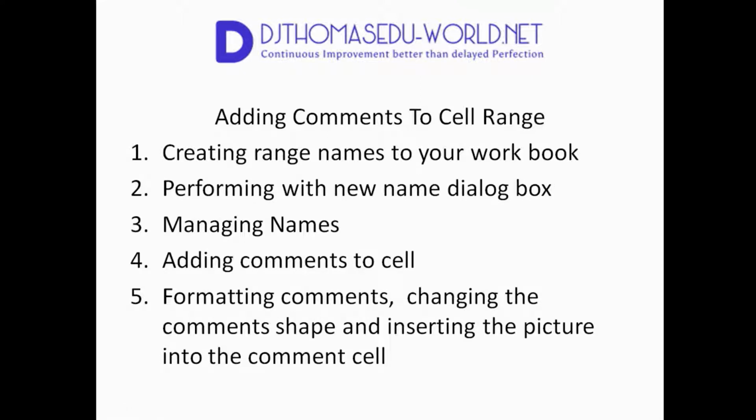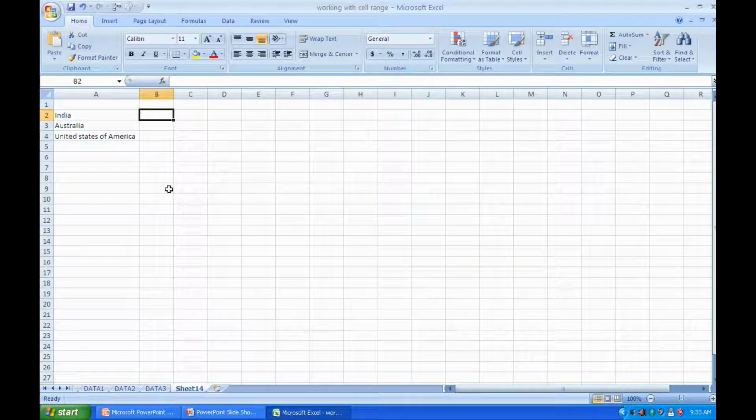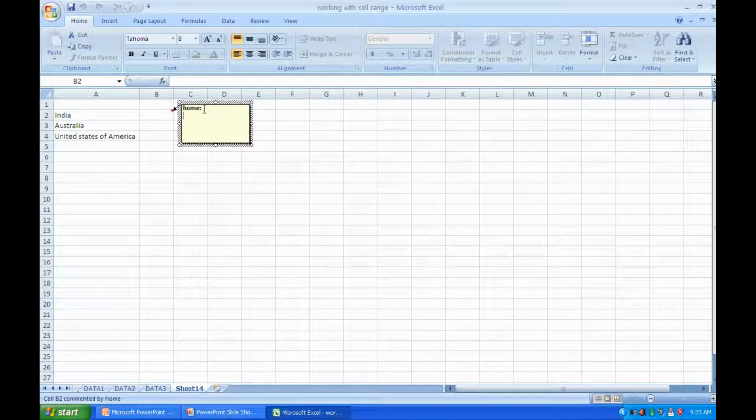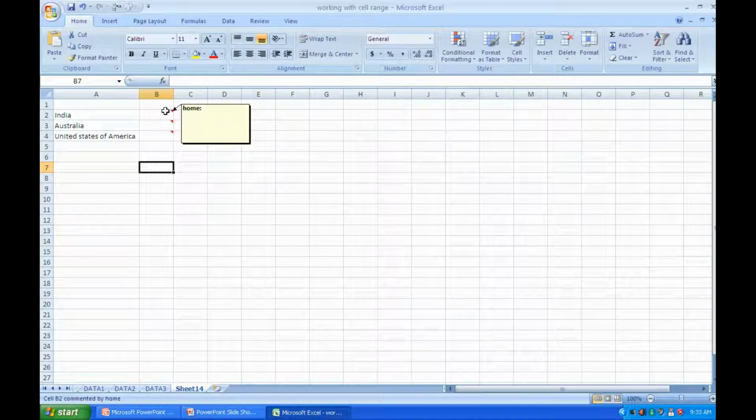Furthermore, let's see how to insert a picture into the comment cell. Let's go to Excel. We have typed India, Australia, United States. Press Shift F2. For active cell B3 also press Shift F2. Like so, we have inserted a comment box. Further, we go for India, Shift F2,